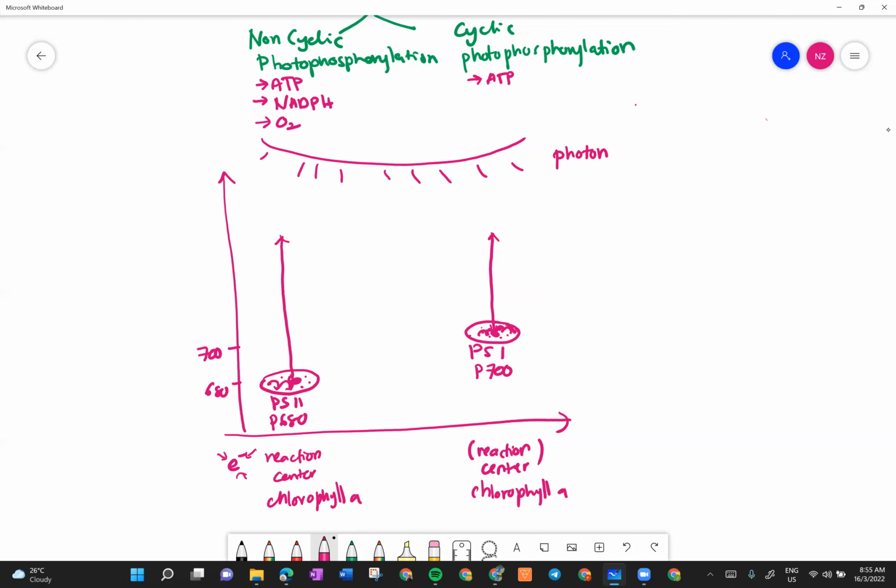Primary electron acceptor. Primary acceptor. Same goes with the P700, dia akan receive by primary electron acceptor. Okay, so this condition, this keadaan can also be known as photoactivation. Okay, proses ni dipanggil sebagai photoactivation atau boleh juga dikenali sebagai